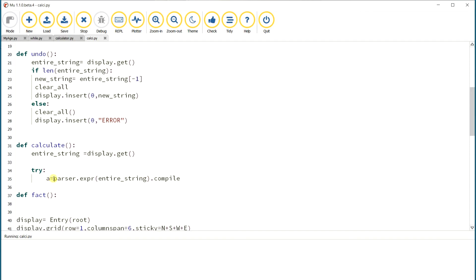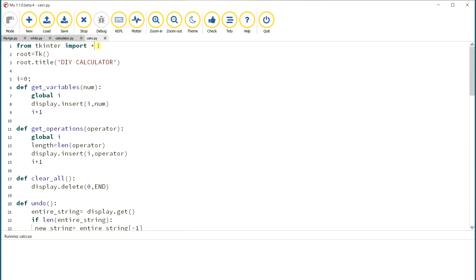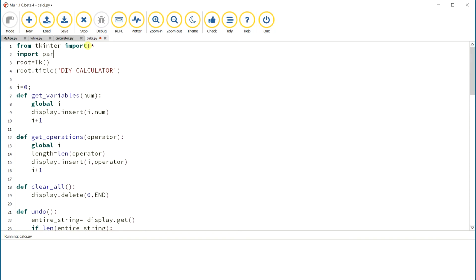So instead of writing the code for plus operation, minus operation and so on, all these things are already inside the Python language. We are just calling the parser, which is a predefined module. In that parser, the given expression is taken as a string, and it is going to compile. Compile means it is going to perform the calculation. So here we are using the module parser, and for that we have to import parser.